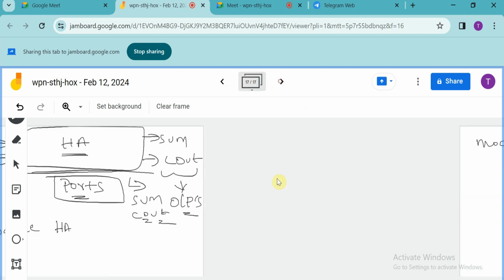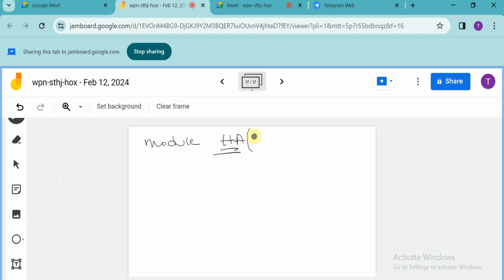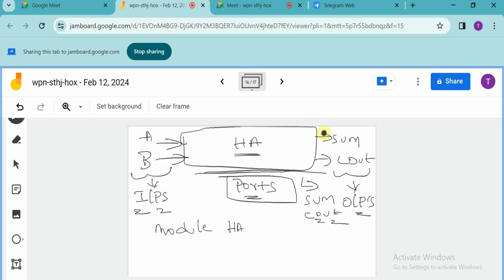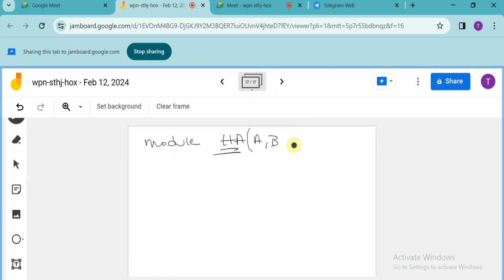A and B are the inputs. So we can write A, comma B, and after that, what are the outputs we have? Sum and Cout. So we can write sum comma Cout and close this